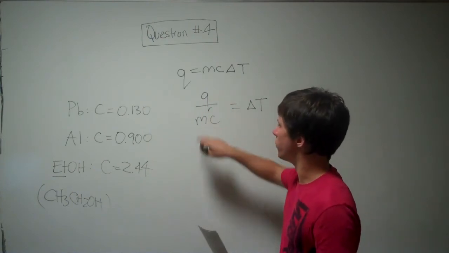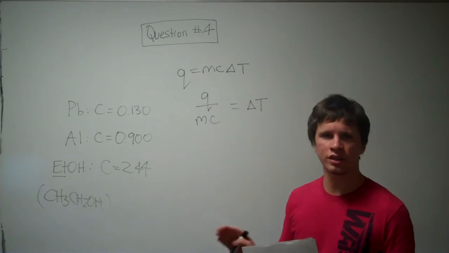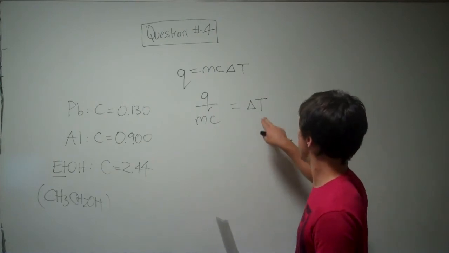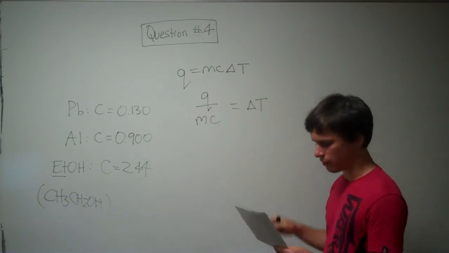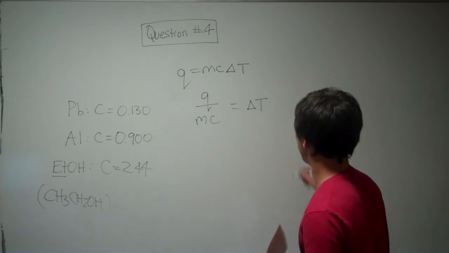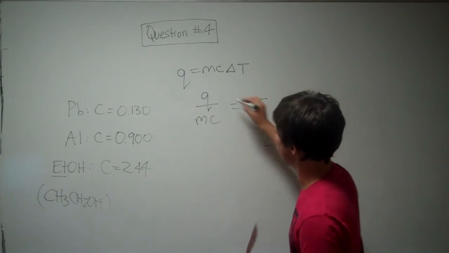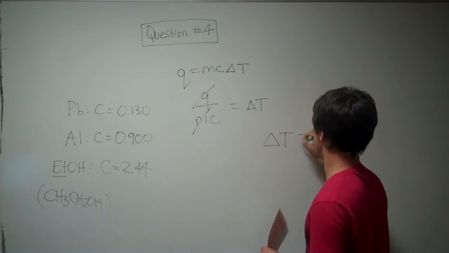That means Q for all 3 samples is going to be the same. So the only reason why they have differences in change of temperature is C, the specific heat. So since m is constant and Q is constant, what we've reduced the equation to is that